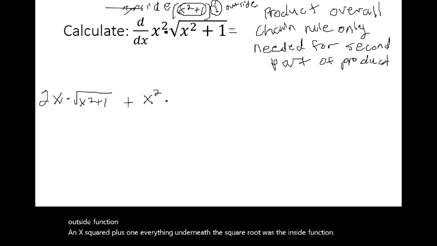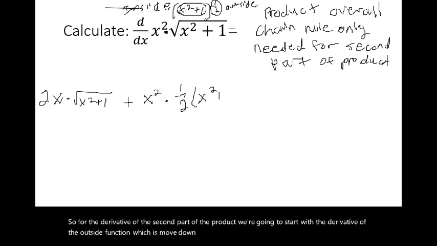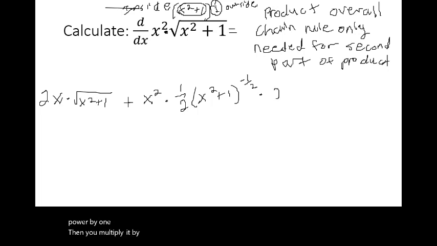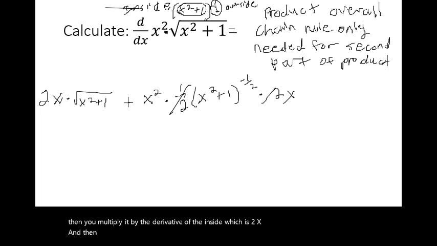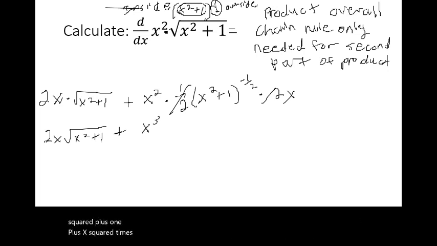So for the derivative of the second part of the product, we're going to start with the derivative of the outside function, which is move down the power, leave the inside alone, and decrease the power by 1. Then you multiply it by the derivative of the inside, which is 2x. And then, half of 2 can cancel out, leaving you with 2x times the square root of x squared plus 1. Plus x squared times x is x cubed, and you can write that all over the square root of